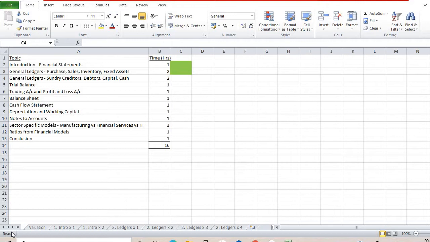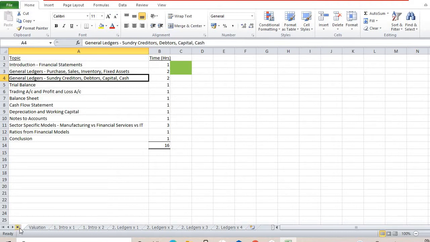And we finally finished with fixed assets. We just touched upon fixed assets in brief, but the idea behind fixed assets is to understand when assets are actually getting depleted and a little bit about depreciation, etc. We will see a lot more detail on depreciation a little later in the reading, especially in the chapter on depreciation and working capital. But until then, let us now move on to the next chapter, which is going to be called general ledgers, sundry creditors, sundry debtors, capital and cash.